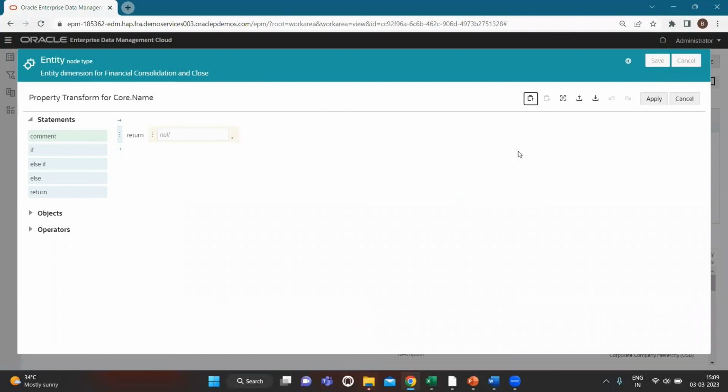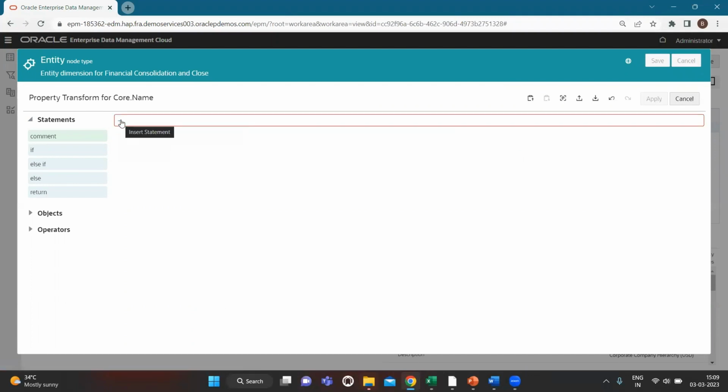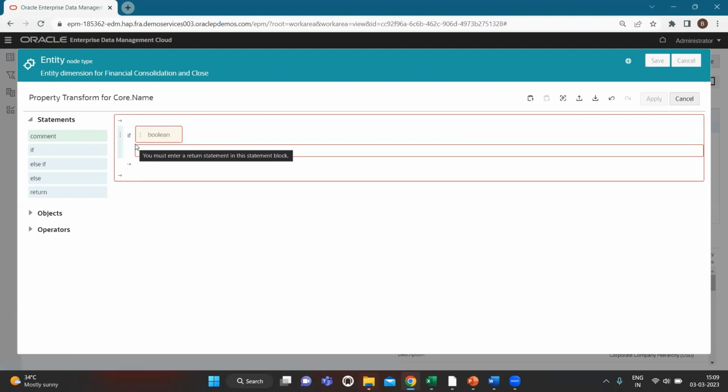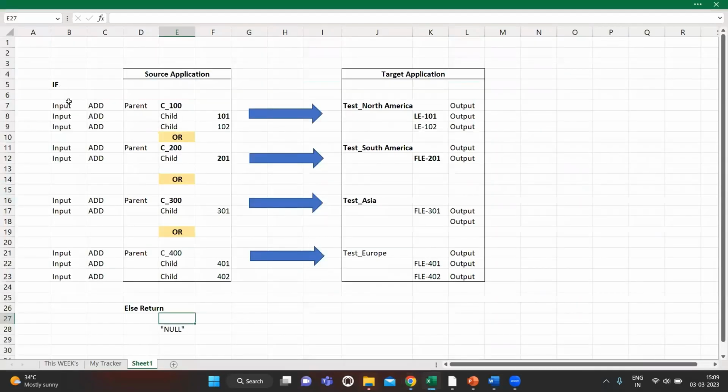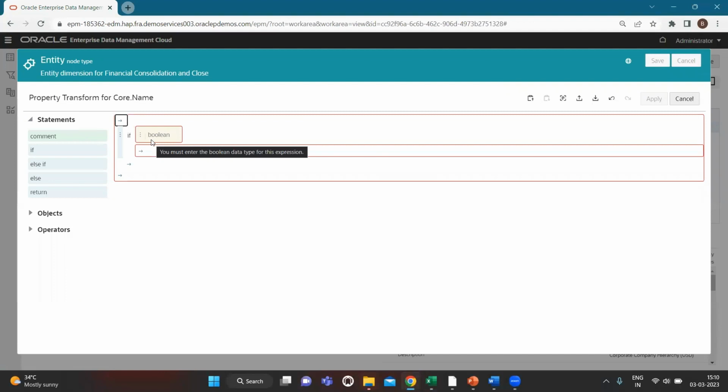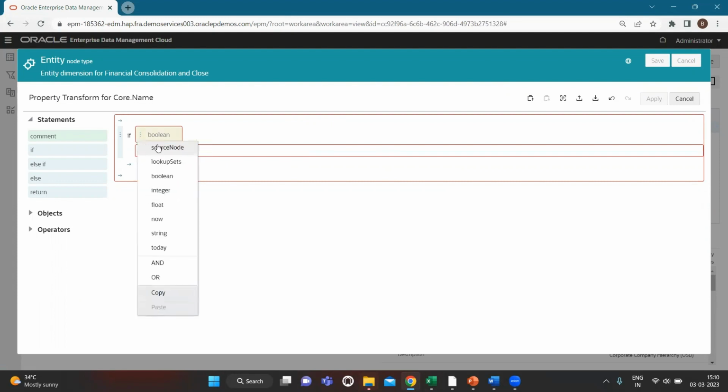Okay, so this is our structure. Let me first remove it. We will start with if, likewise as I showed you in this. This is just the raw explanation, and here we are actually defining the expression. So we will start with if, and source node